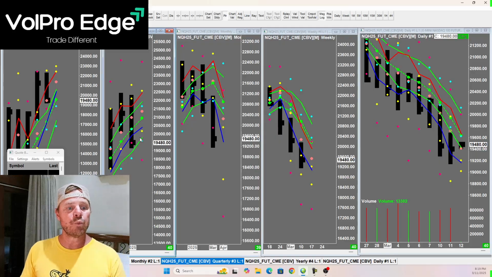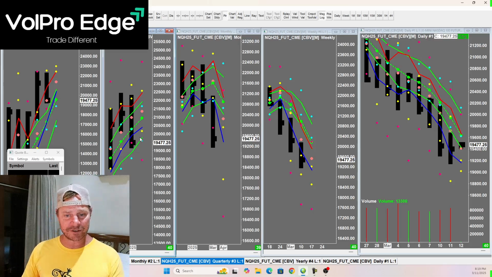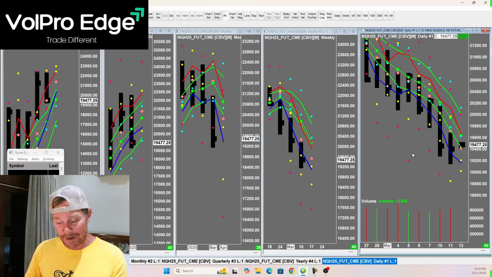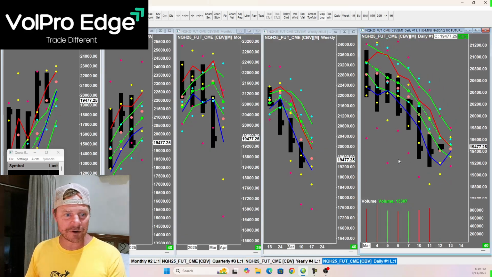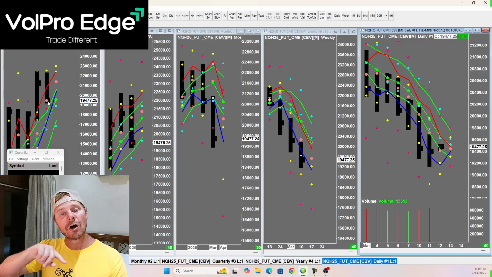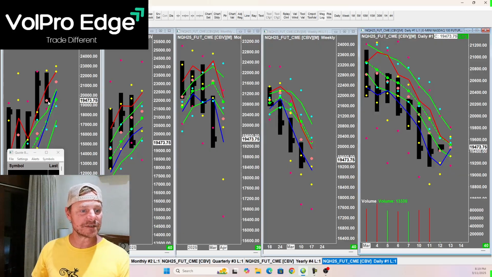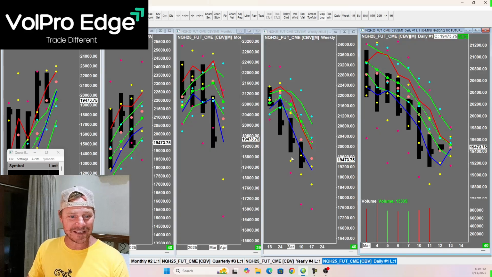So would a bounce be expected here at some point? Yes, it would. And if a bounce is going to come, I don't recommend bottom fishing, but if a bounce is going to come, where's it going to come? Well, of course, on the Vol Pro Edge key levels, which right here, you're at the quarterly. That's a key support level, yearly, right there, right? I still think overall the momentum is to the downside, but I wouldn't be surprised to see a bounce off this key quarterly level. So you're also into all this weekly support right now, okay?